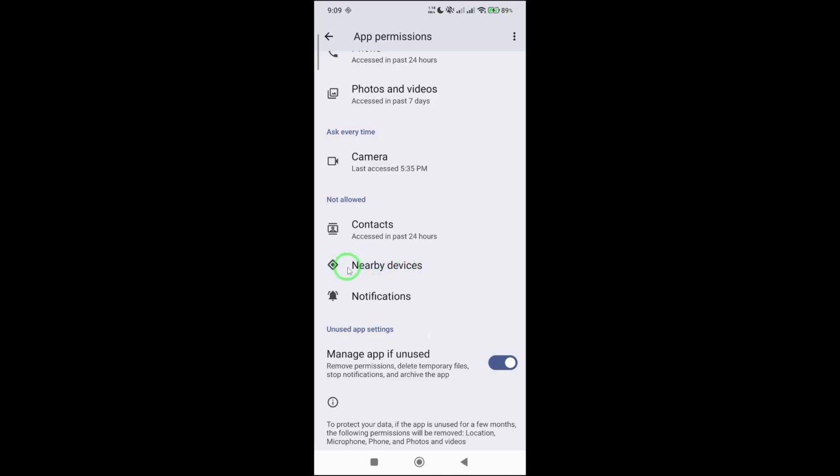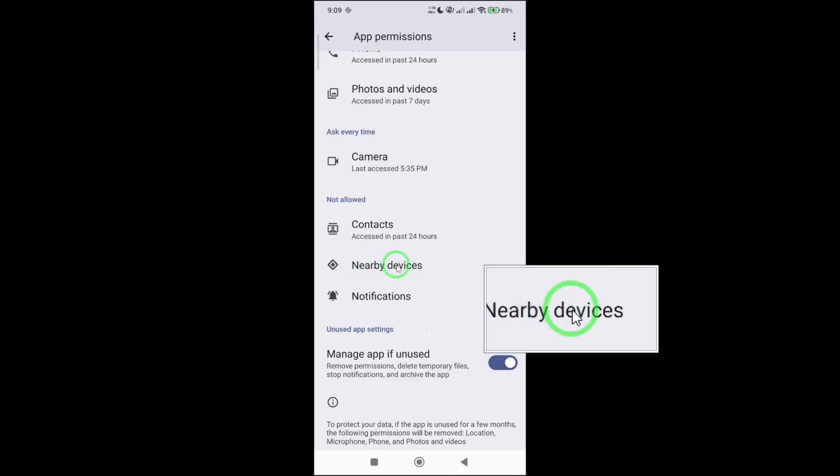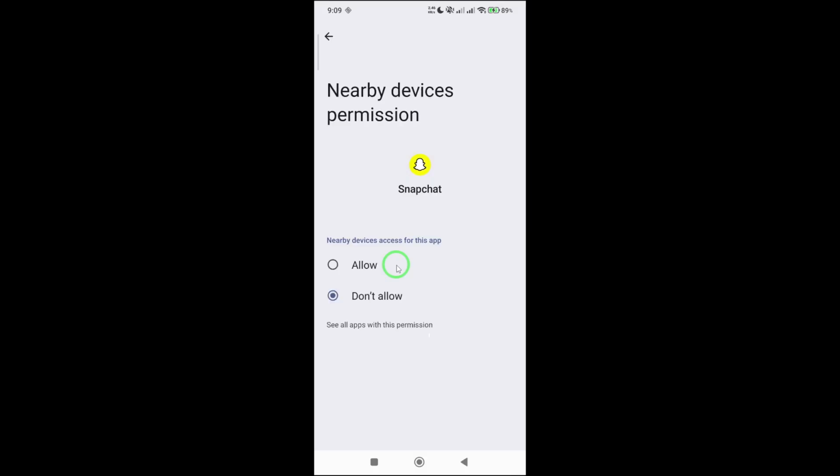Here, you'll see a list of different permissions. Find the one labeled Nearby Devices. This permission allows Snapchat to detect and interact with nearby devices, which can be important for certain features. Tap on Nearby Devices, and you'll be given a few options. Simply select Allow to grant Snapchat access,